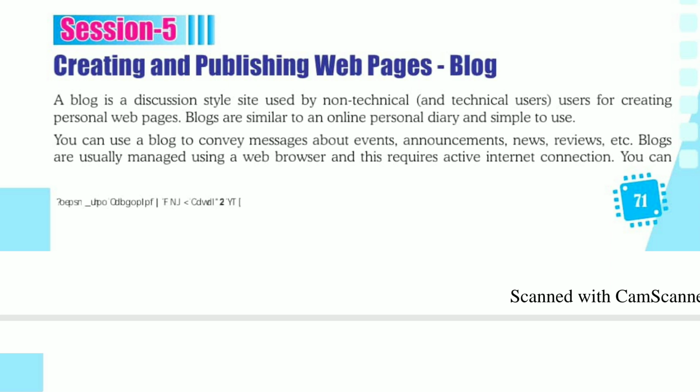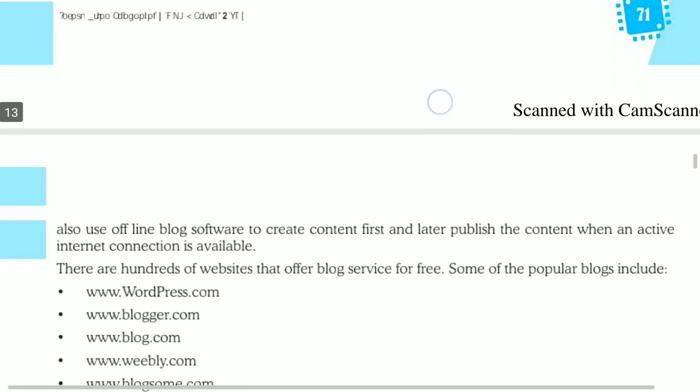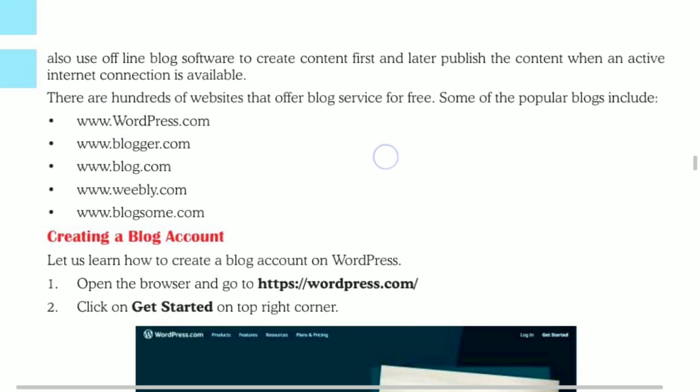Blogs are usually managed using a web browser, and to create a blog, we need a proper internet connection. We can also use offline blog software to create our content and later publish it when an active internet connection is available.